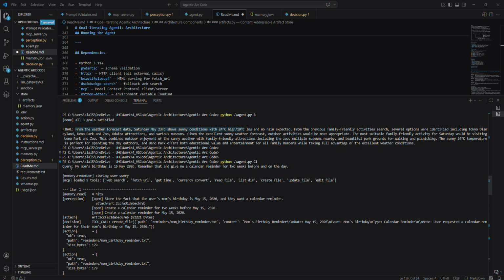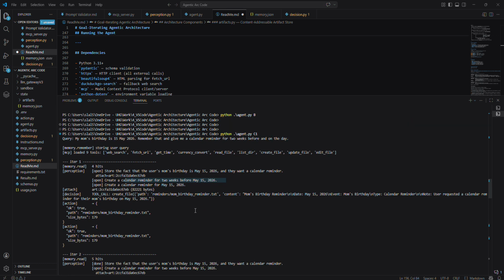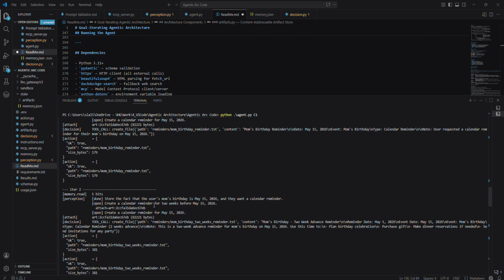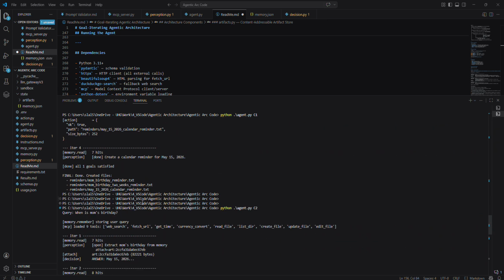The third one has two parts. The third query is to remember mom's birthday on 15th of May and set a reminder 2 weeks before. So it has three goals. First, to store the fact that the user's mom's birthday is on 15th of May. Then create a calendar reminder in order to save that detail, and also to create a reminder 2 weeks before. Then the tool calls it, and once everything is done, it saves the file as mom_birthday_reminder.txt,